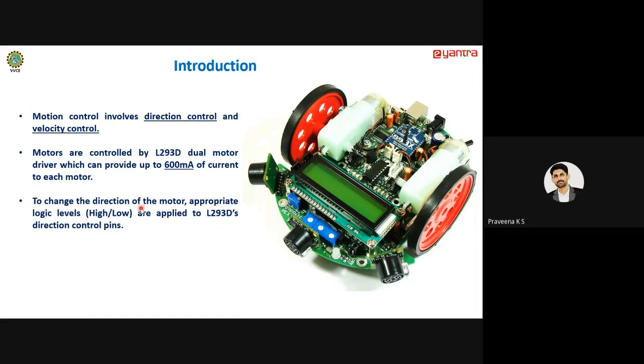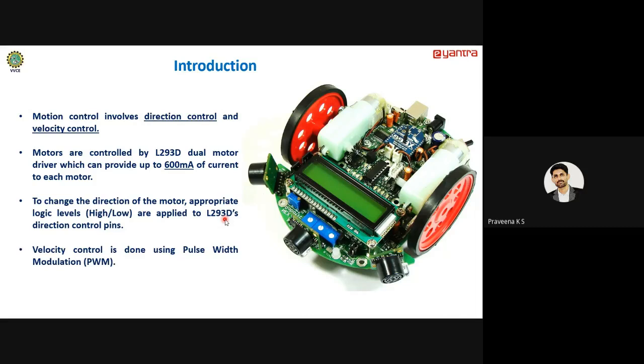That will be given to the L293D, because whatever input we give on our control pins, those control pins are connected to the L293D. The output of the L293D will be connected to the motors, the motor wheels, and that in turn gives the direction. So whatever input you give goes to the pins connected to the L293D, and from the L293D, in turn, it goes to the drivers. Obviously for that, you have to enable the driver IC also.